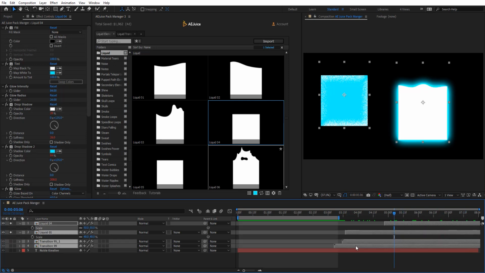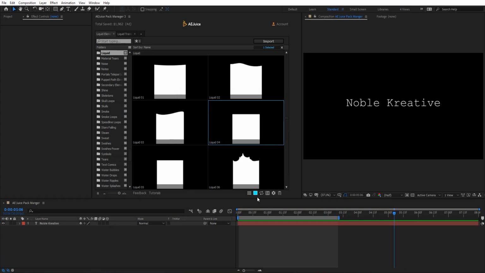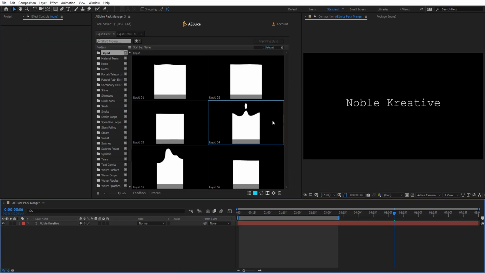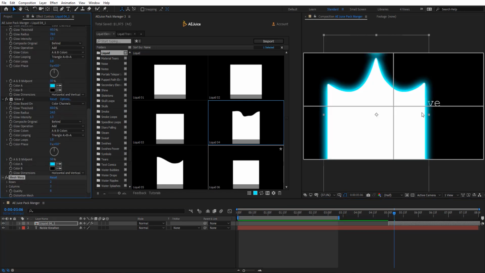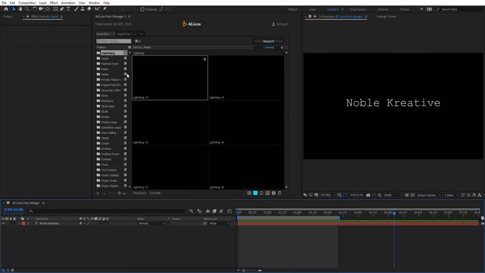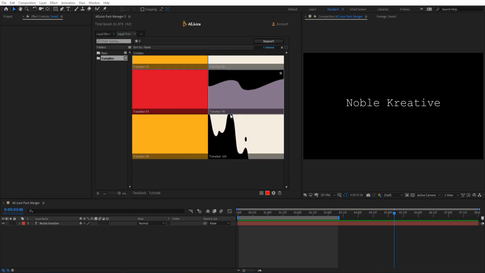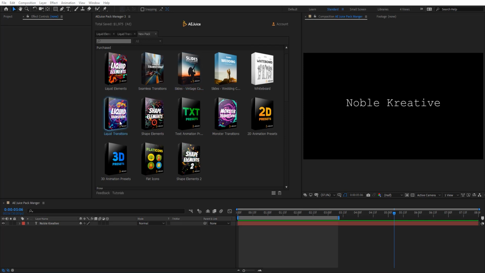Okay, so here we got loop, we got also changing the color here, and here we have warp. Basically mesh warp, when you import that, you can see we got effects applied as well. That's useful in some cases. So let's go back here. So here we got all the elements in these liquid styles. So we got even more.